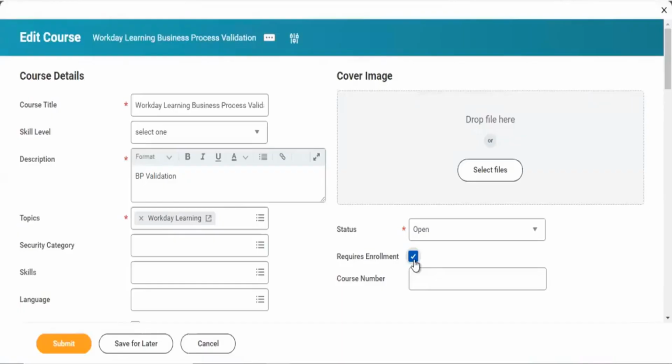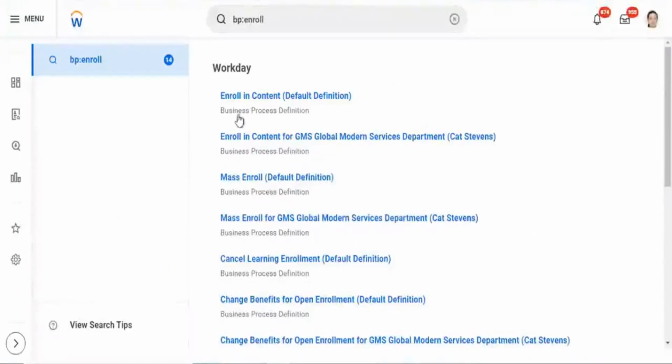When you uncheck this checkbox, no enrollment is required. But when you check this checkbox, this business process will come into the picture and allows the employee to enroll in the course. Once the employee enrolls in the course, the employee can take their course and complete the training.